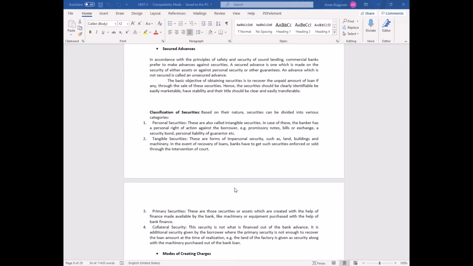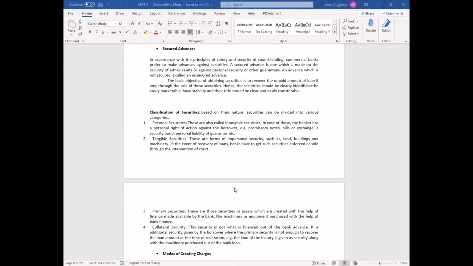If the person pays back full amount of the loan principal and interest by the end of 10 years, then probably he does not have to do anything with the security. The bank will release this primary security. But in case some part of it or most part of it or 100% loan principal plus interest is not paid by the commercial organization, then bank has a right to forfeit the primary security and sell it off in the market to gain proceeds and repay the debt in that way.